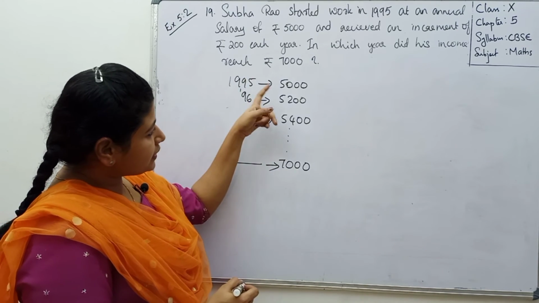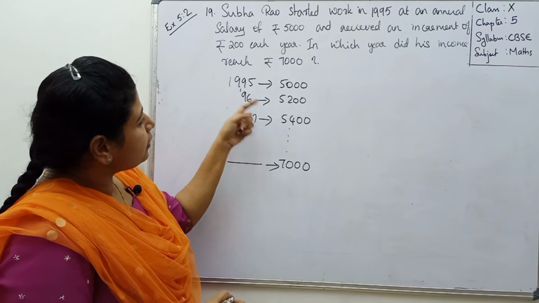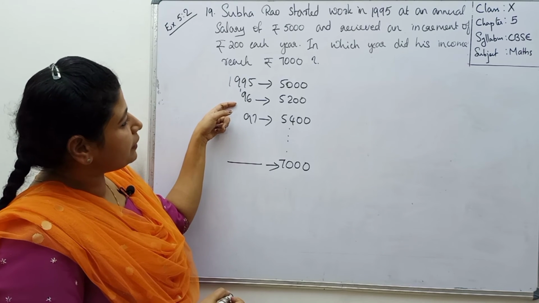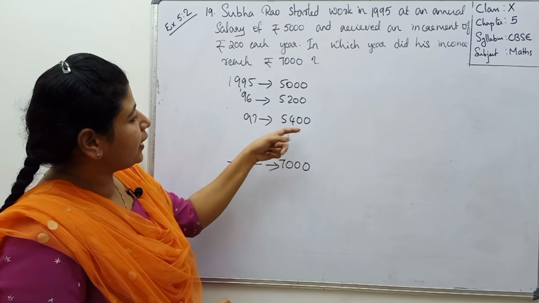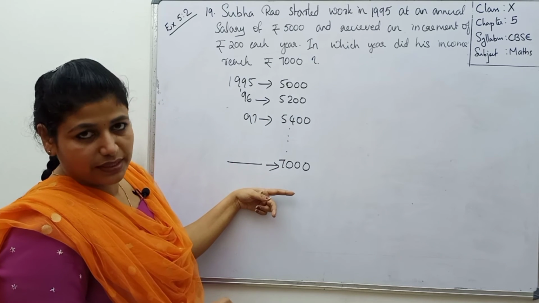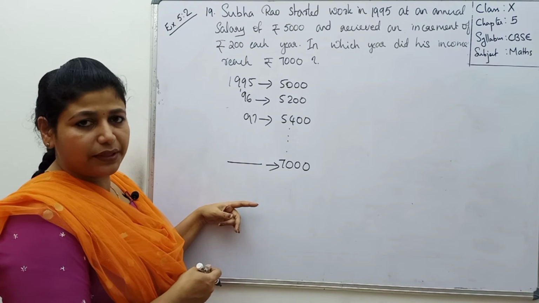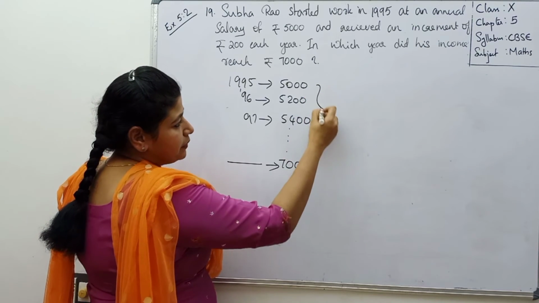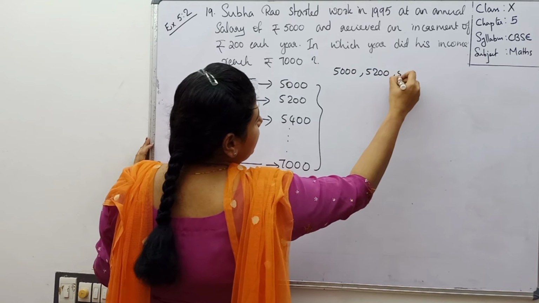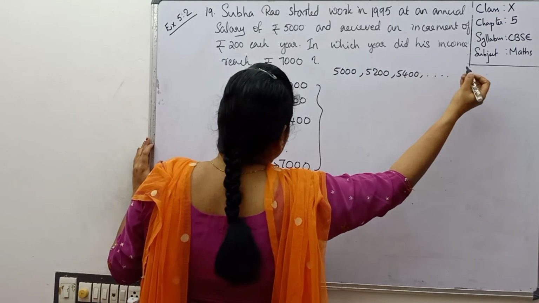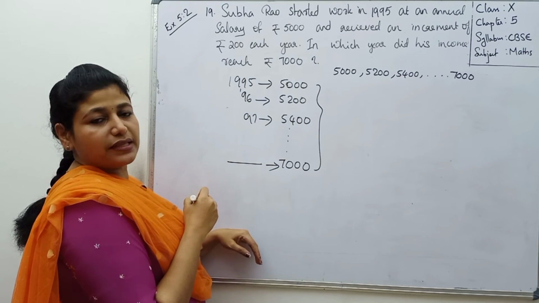5,000 ആയിരുന്നു 95 annual income എങ്കിൽ then coming to the next year he will get a increment of 200. That means plus 200 you will get 5,200, then 5,400 and going like this you will get 7,000. എപ്പോഴോ ഏതെങ്കിലും ഒരു വർഷം 7,000 ആകും ഇല്ലേ? ആ ഇയർ ഏതാണെന്നാണ് കണ്ടുപിടിക്കേണ്ടത്. So considering this as an arithmetic progression, we can write 5,000, 5,200, 5,400, and in this progression the last term we can take as 7,000. Okay, so we have to find out this n.